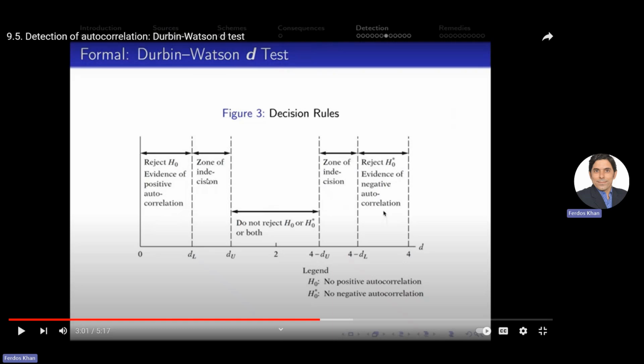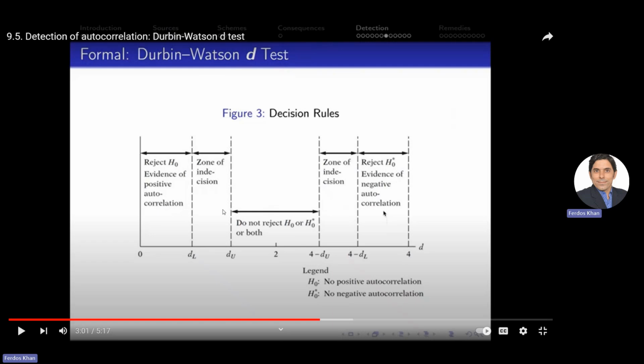Okay, zoom up in this region. If it is near 0, this means that there is high positive autocorrelation. Similarly, if it is near 4, then you can say there is strong negative autocorrelation. And in this region, it's okay. Particularly in this region, you can say there is no autocorrelation. If you want to see detail, you can Google and see further theoretical detail about this